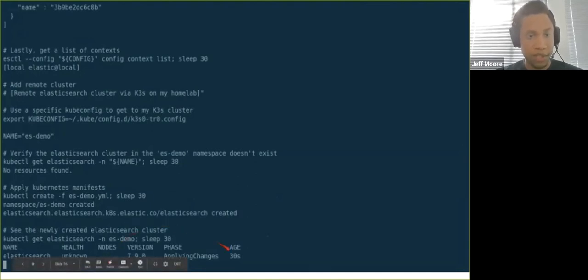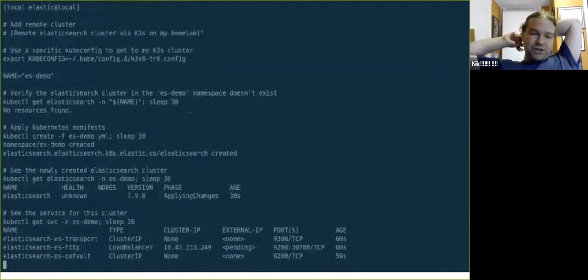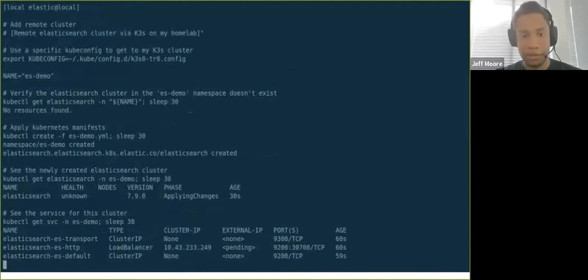So looking at this Elasticsearch cluster, we can see kubectl get elasticsearch in the ESDemo namespace. We see that the Elasticsearch cluster does exist. It takes a little while to initialize its health, but that's all right. Is the bottom cut off or is it hidden? Out of curiosity. Elasticsearch health unknown, 7.9, applying changes, 30 seconds. Okay, just want to make sure. And moving down a little bit further,